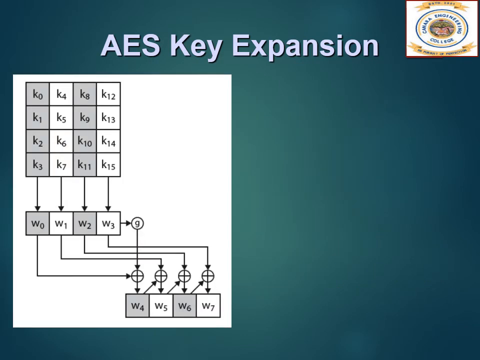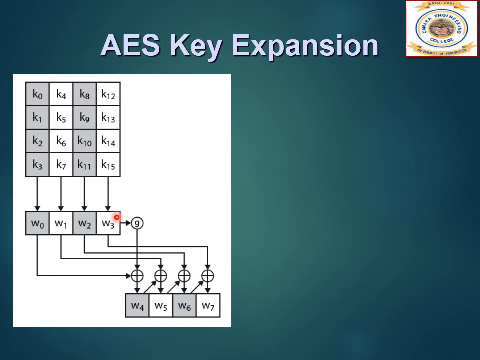Now let us see in detail how the AES key expansion is taking place. We know that it is a 128-bit key, or 16 bytes, and we represent it in terms of a 4 cross 4 matrix. These 4 bytes are called one word. Here this is one word, this is one word, and another word. So these are 4 words. One column is taken as a word. So this is W0, one word, W1 is another word, W2 is another word, and W3 is another word. This W0, W1, W2 and W3 key is taken for the initial